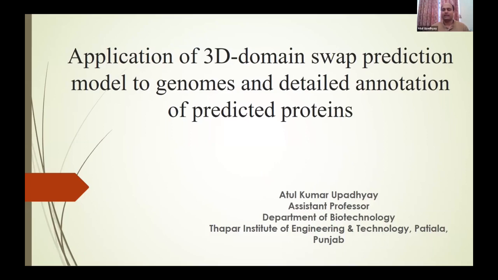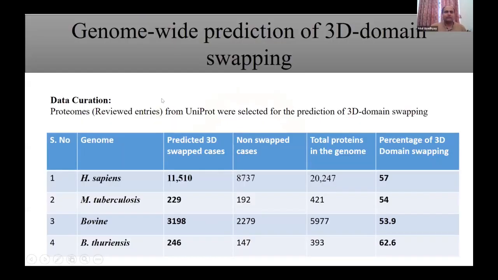That means, let's say we find that these are the protein entries which will be involved in domain swapping. So what are their annotations, like what kind of protein families they are, or what are their functions? Is there any type of enrichment in the case of diseases and so on? That is what we are more interested in, and we try to address this. So starting with the